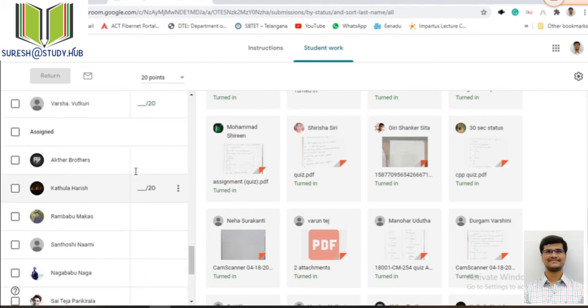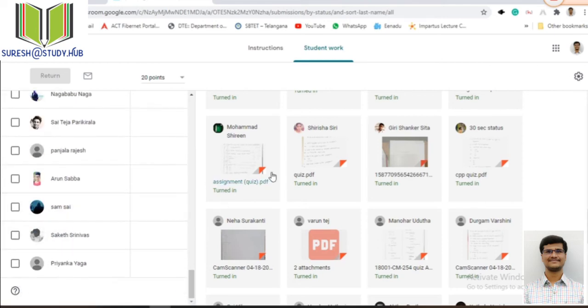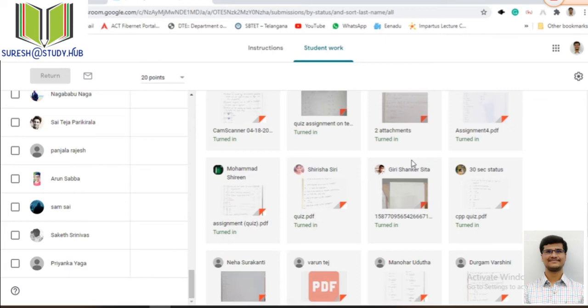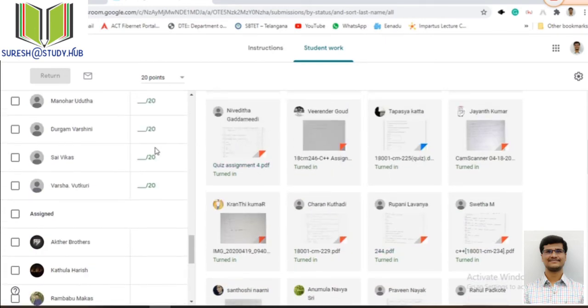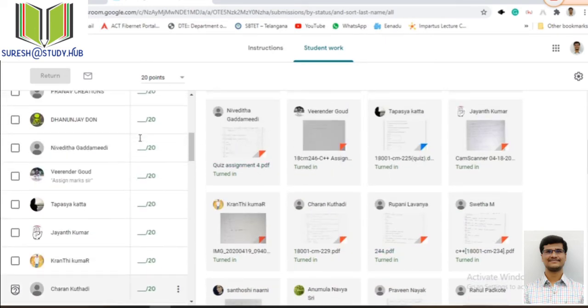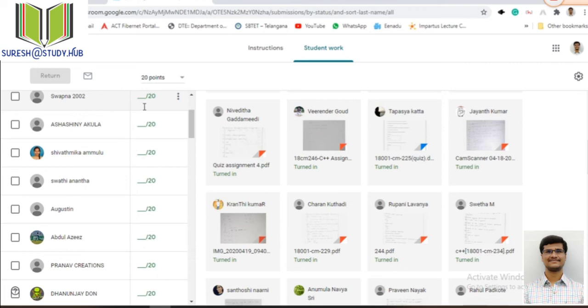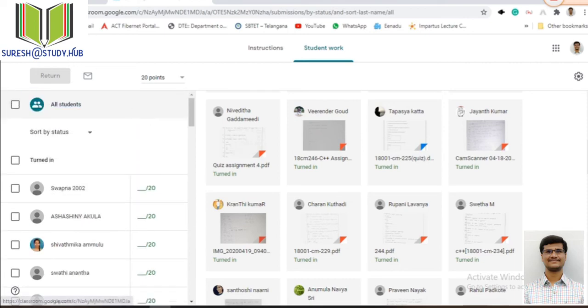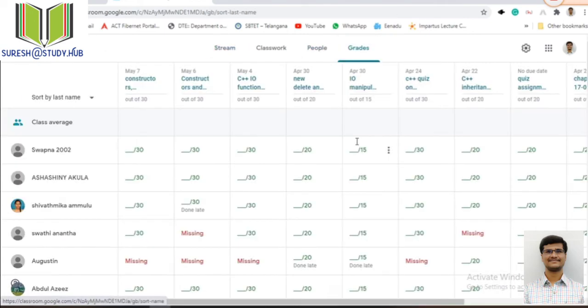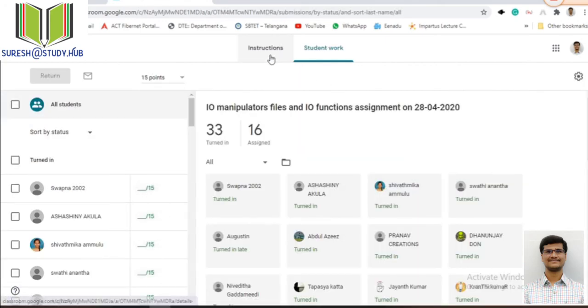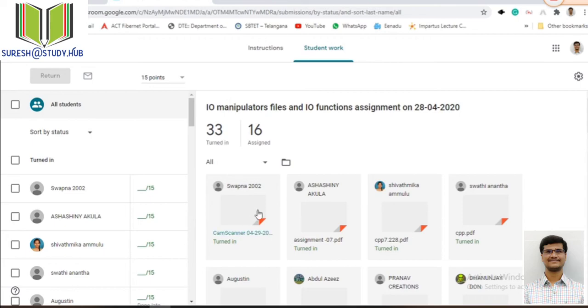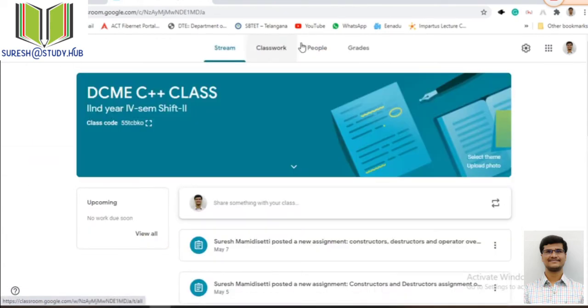And for whoever the students that did not reply, it will show missing. Once this assignment is seen by the teachers, they can give grades to this particular assignment. So again I will go to grades, and I will give different types of assignments. By using the classwork section, I have given all the assignments, and I will give the grade to those assignments.